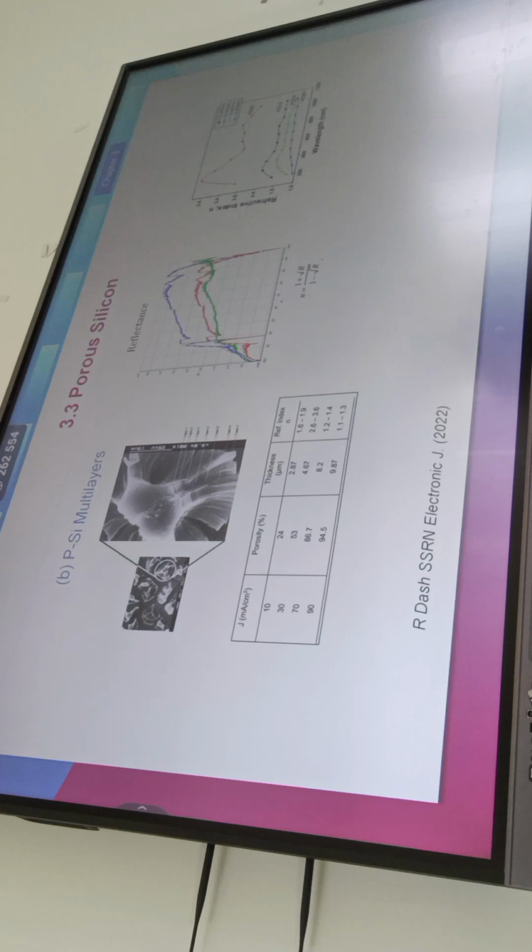From this we can see with the increase in porosity, the current density and thickness are increasing, and for the refractive index, at first it is less, again it increases, and then